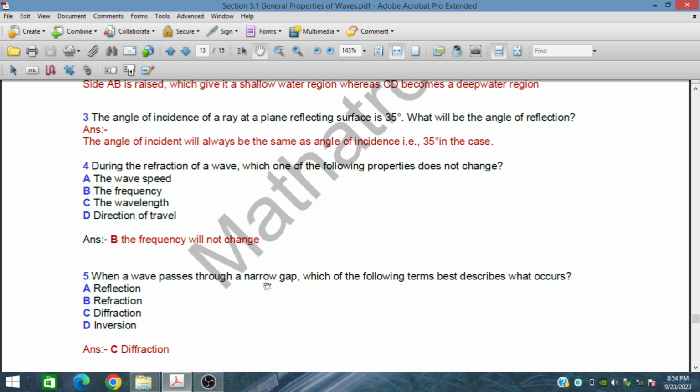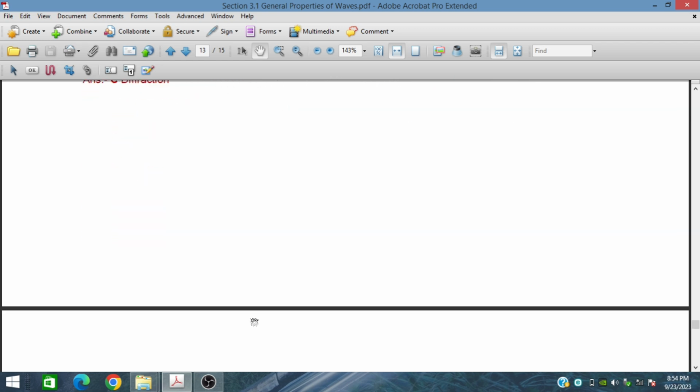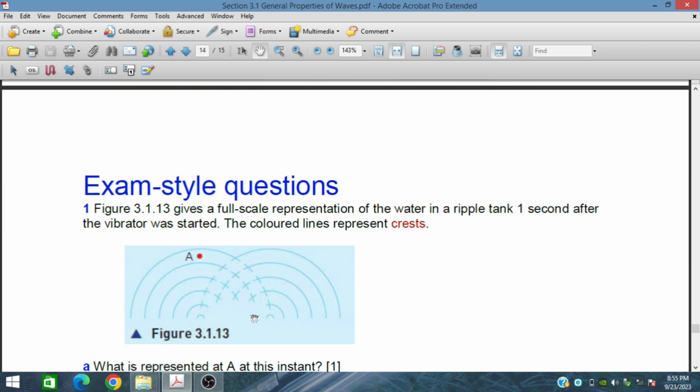When a wave passes through a narrow gap, which of the following terms best describes what occurs? Diffraction, as we studied. So in the next session we will discuss